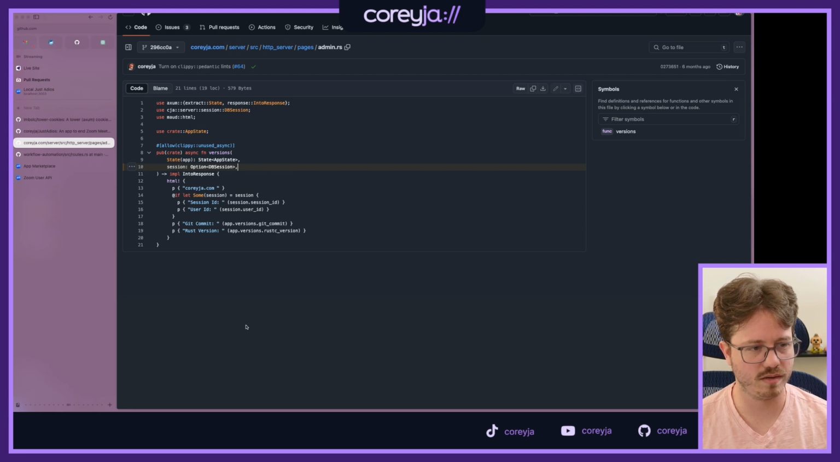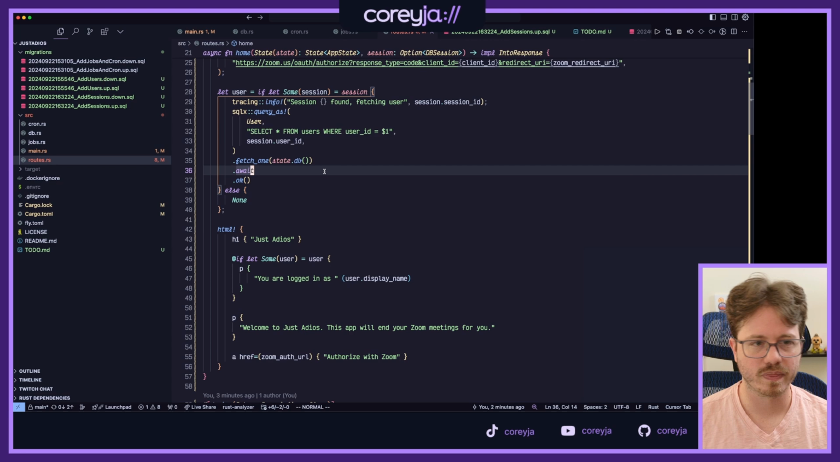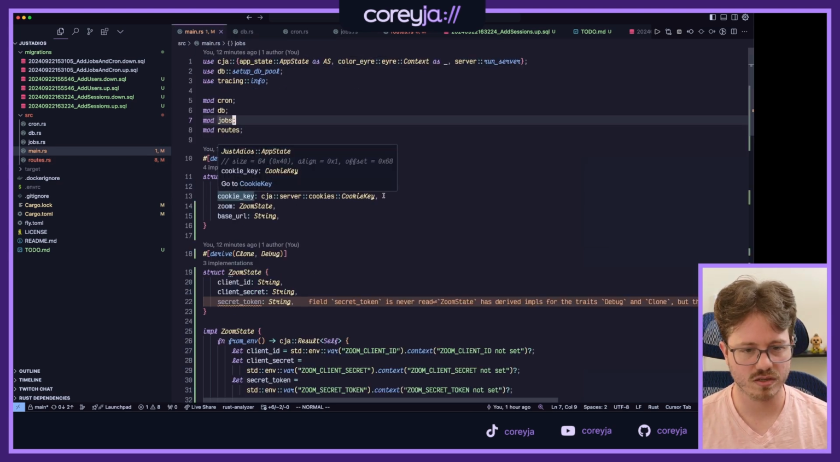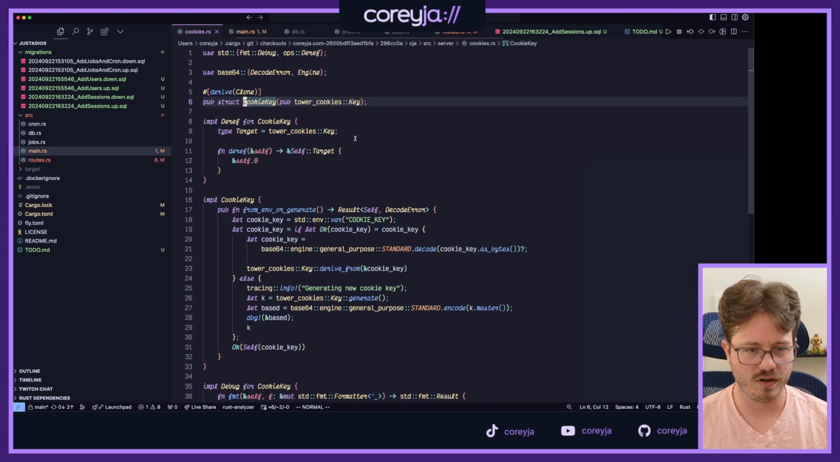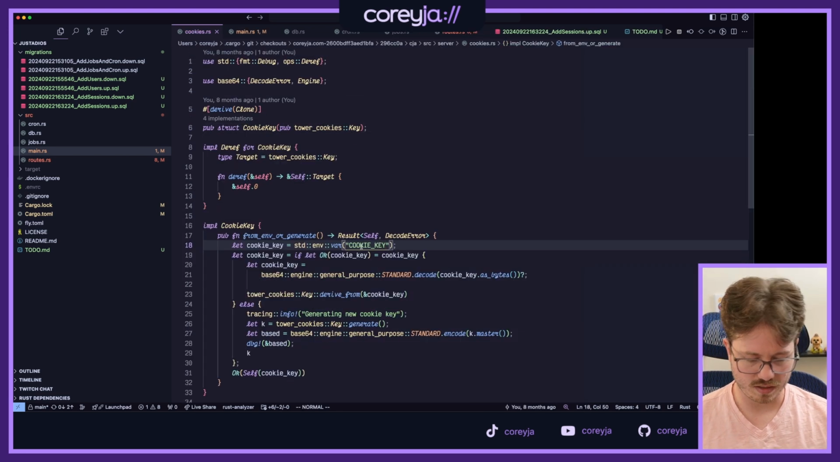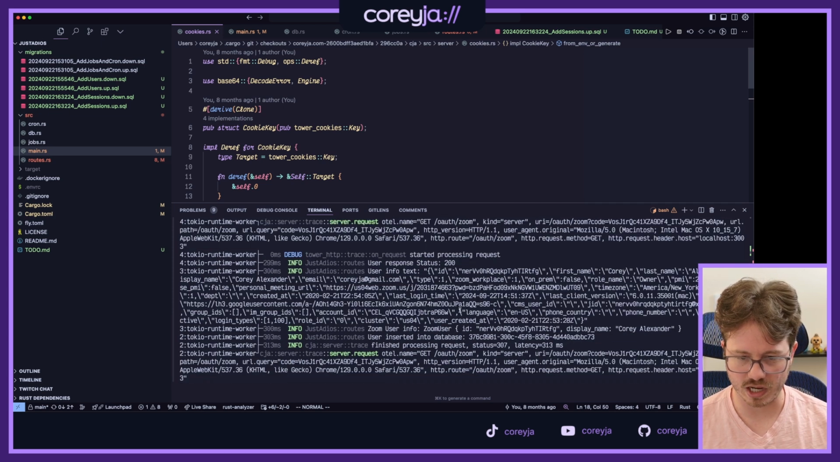Okay, so let's set up an environment variable for the cookie thing. So let's go to my main file. It's cookie key. And we do that from cookie key. Okay, cool. So let's take a look at what the cookie key was here. It doesn't really matter. I just need to copy it